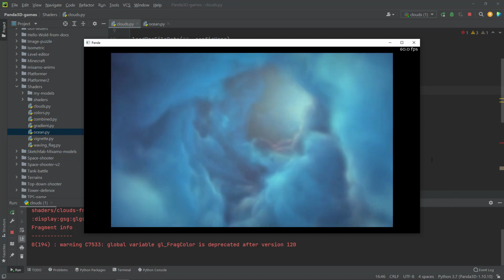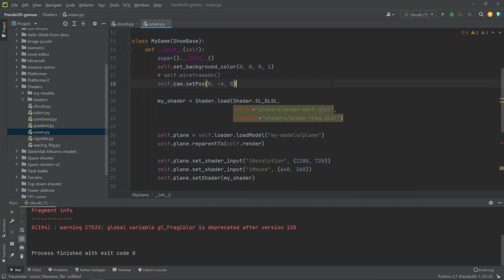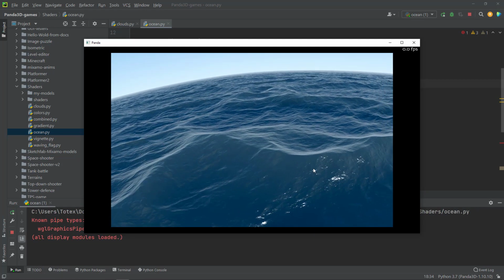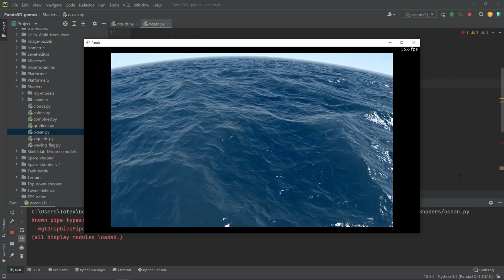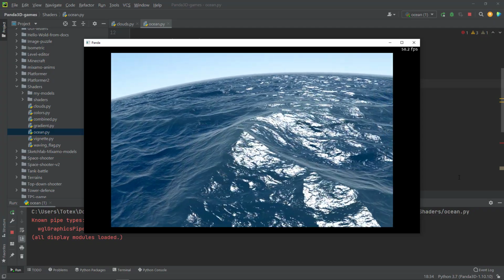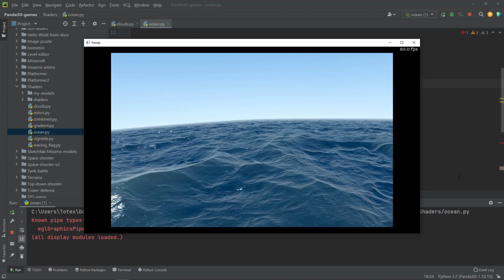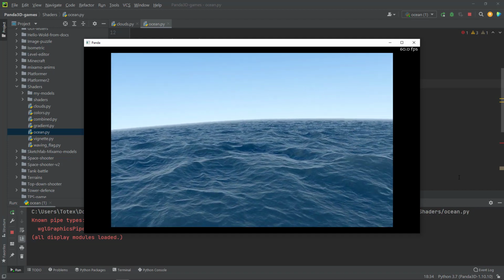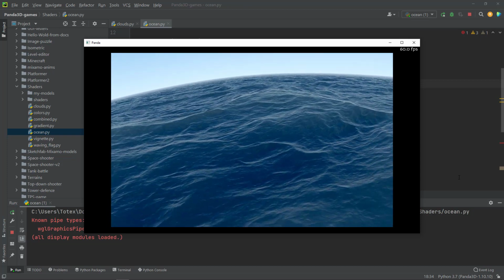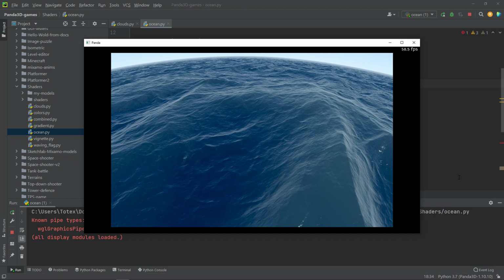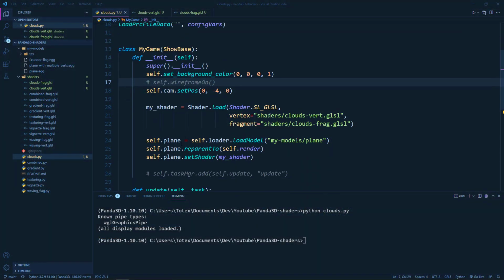And the second shader we are going to implement in this video is this ocean shader. And this also looks very beautiful, and I cannot imagine how to make this kind of shader, so that's why I'm just going to copy and paste and show you the process of how to use this shader inside Panda and GLSL. Okay, I've just prepared the code for this video here, so we are just going to start with a blank